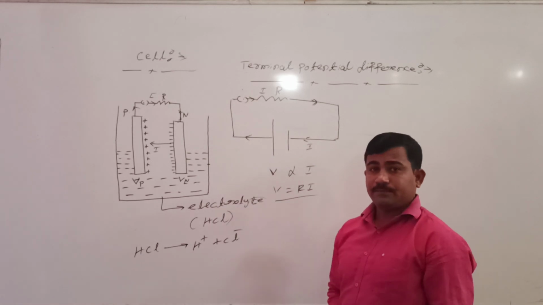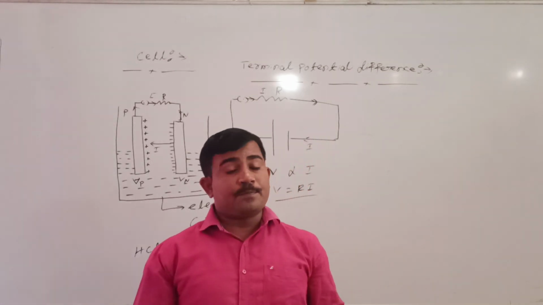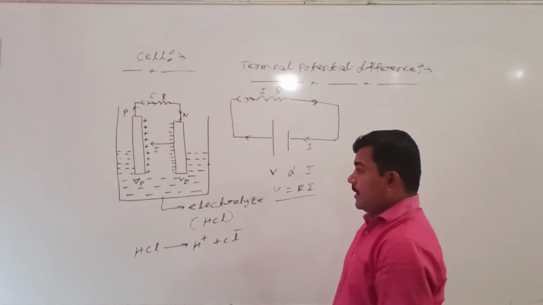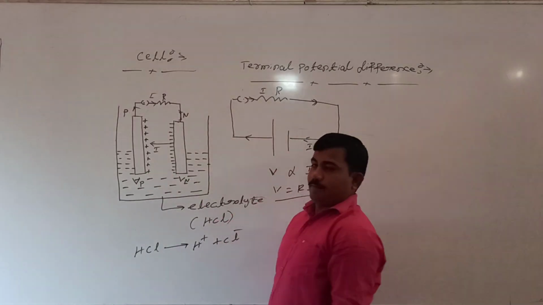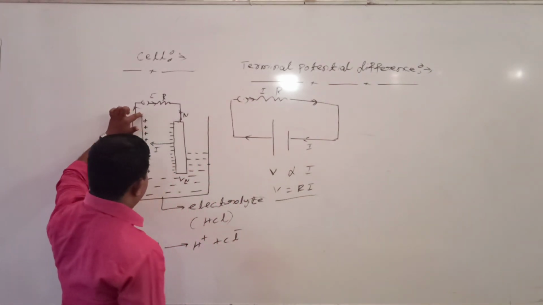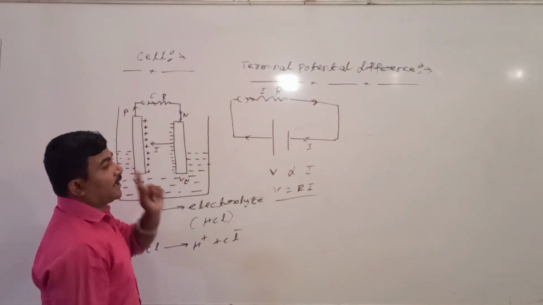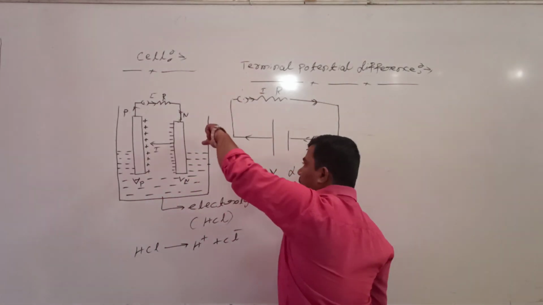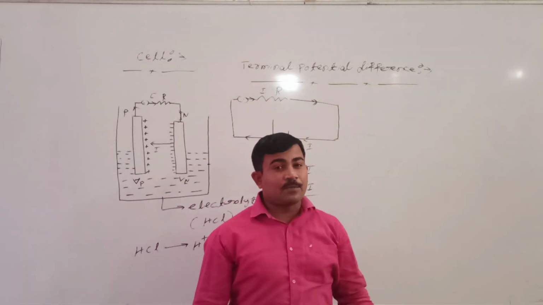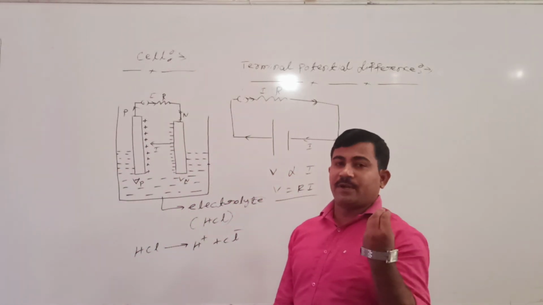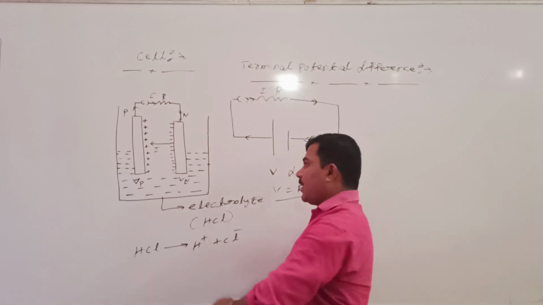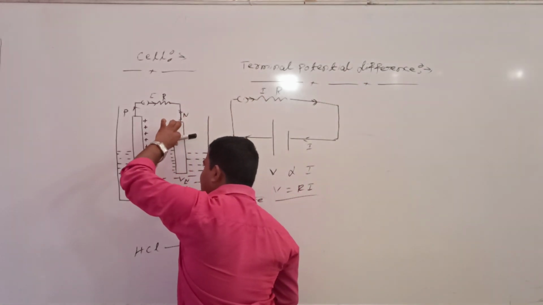Now, what is the direction of the current inside the cell and outside the cell? That we'll see here. This is very important. See here, this is inside the cell. Due to the electrolytic solution, positive ions are deposited on one electrode and negative ions on the other electrode. Here, positive ions are moving in this direction and negative ions in this direction. What is the direction of current by convention? By convention, we take the direction of current as the direction in which positive charges are moving. In this direction, positive charges are moving inside the cell.